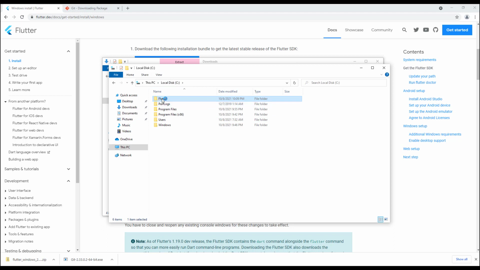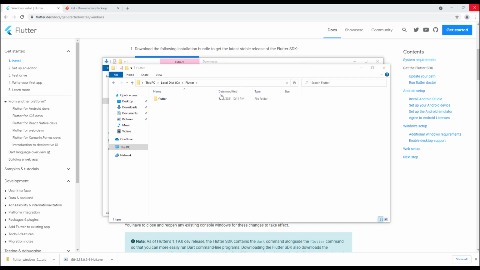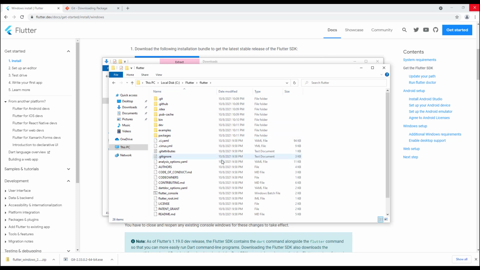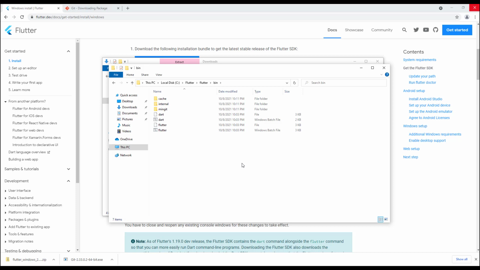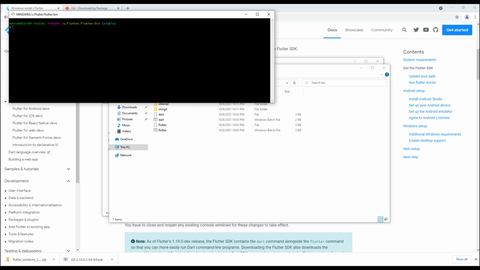So just paste it over here, and I think it will take a bit of time to copy. Okay, so the copy has been successfully completed, and now you can go inside this folder, and you need to go inside the bin folder. This particular bin folder has the batch files for Dart as well as Flutter. Now I'll open Git Bash over here, and type something like